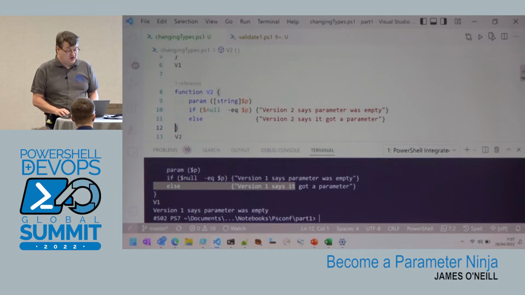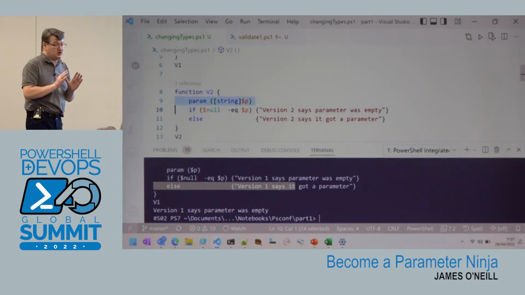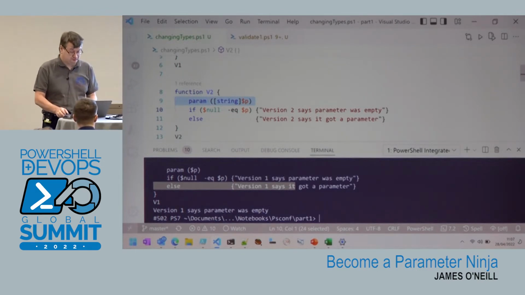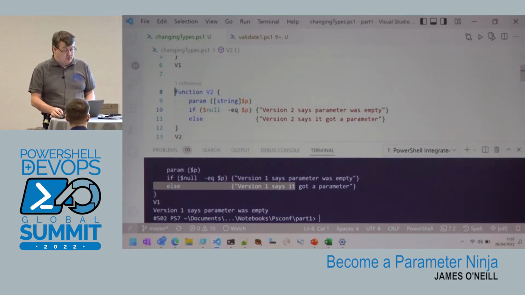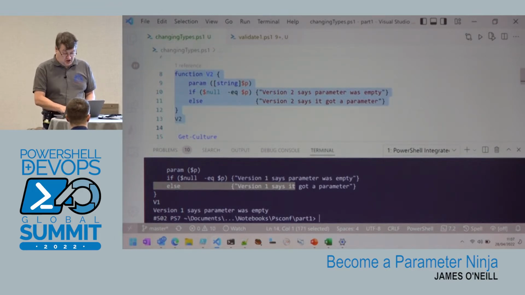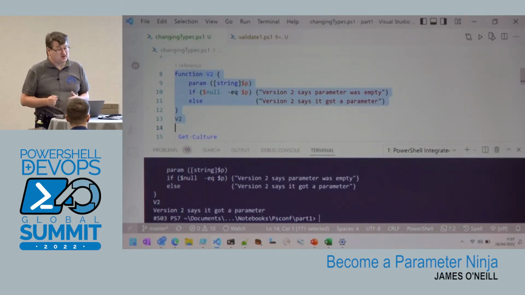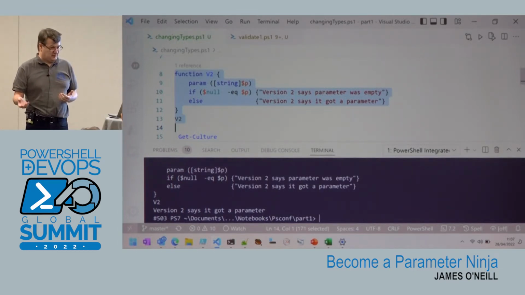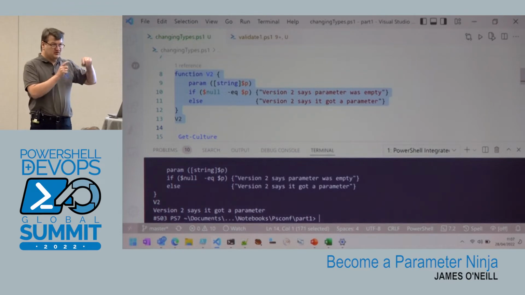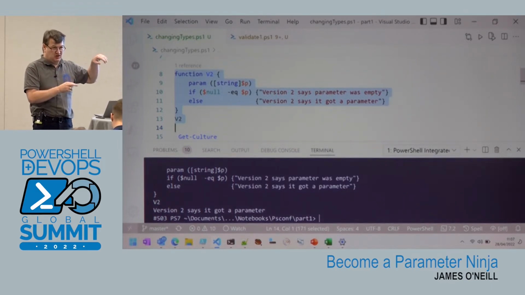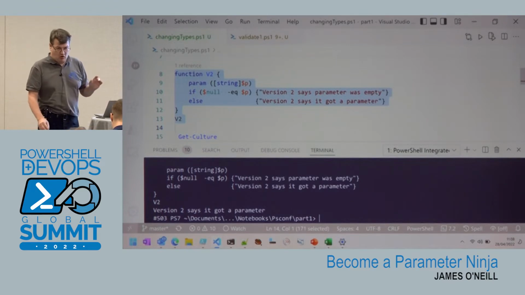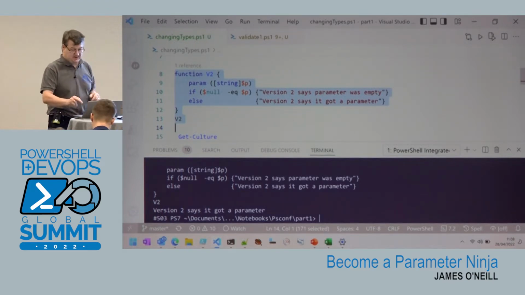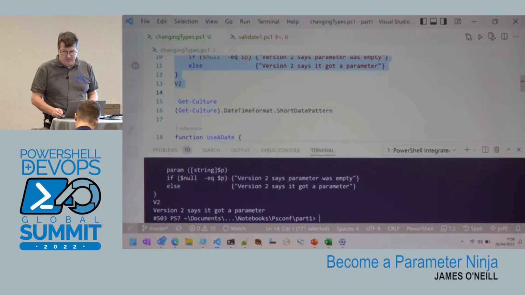Then my lovely colleague comes along and says, oh, well, that parameter's always a string. So they make one change, and they say it's of type string. Okay, and now, when that's converted, it converts no input to being an empty string, and an empty string isn't null. There's a difference between a null and empty string. So depending on what tests I've done deep in the function, somebody comes along and changes that because they say, oh, everything should be typed. Just breaks things.